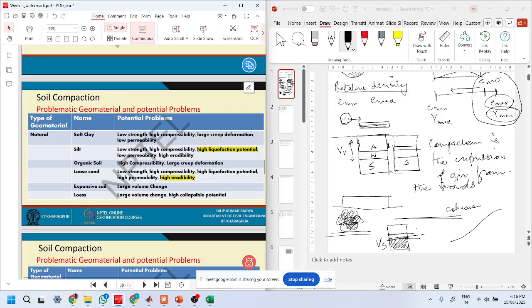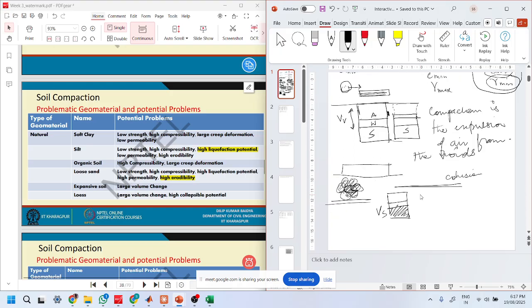And because of this lack of cohesion also they have this liquefaction. Liquefaction is something like quicksand. So those will be there. So what happens in liquefaction is, the soil that we have under self weight,